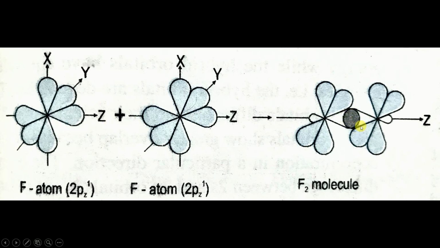Now guys, you can see something over here, as there is a change in the shape of p orbital, this 2pz orbital. Can you see over here? Here the bulge has decreased. This is because p orbitals have dumbbell shape. As you can see over here, they both have dumbbell shape, and hence overlapping takes place in a particular direction, as we have discussed earlier during the postulates.